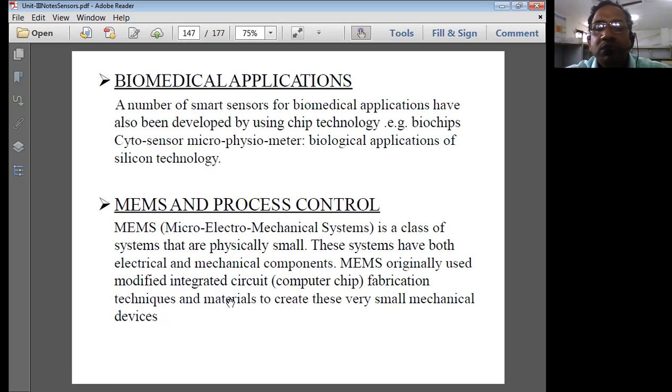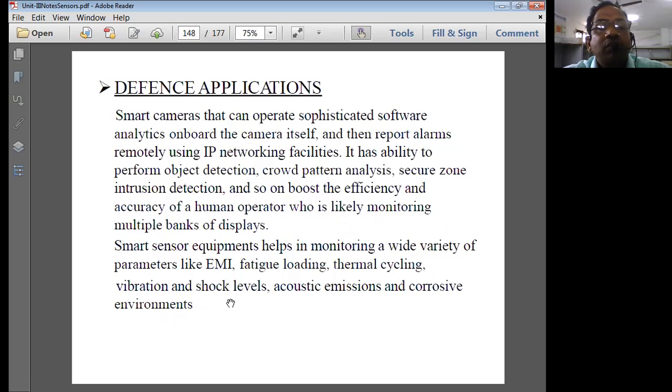In the medical field also we use sensors, like ultrasound sensors, silicon technology sensors, CT scan sensors, and so on and so forth. We also use these sensors in defense, to have intercommunication on remotely placed internet protocol enabled devices. In order to transmit so much information over wired and wireless media to different IP addresses, we use these sensors.